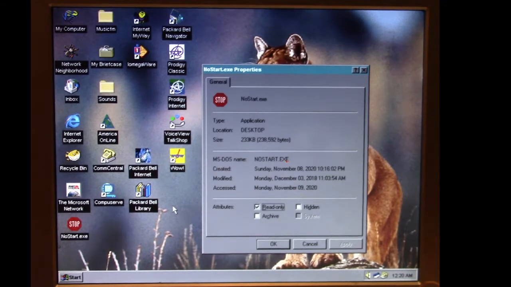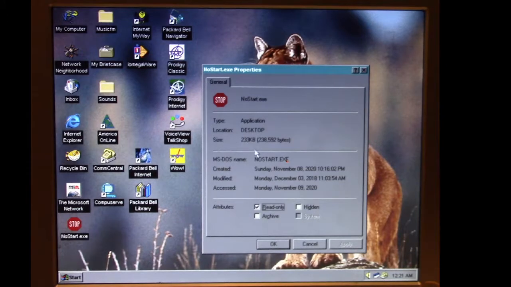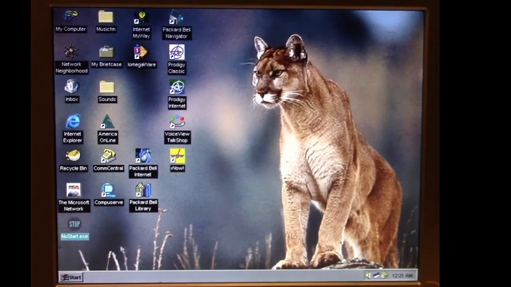Now, we've got Windows 95 here because we're using our Packard Bell multimedia computer. And we've got NoStart on the desktop, which, as you see, they've used this icon of a stop sign. I don't know why a virus writer would use it for that unless it's trying to masquerade for something. And its properties, there's not much to it. It's a 233 kilobyte application. However, when we run NoStart,